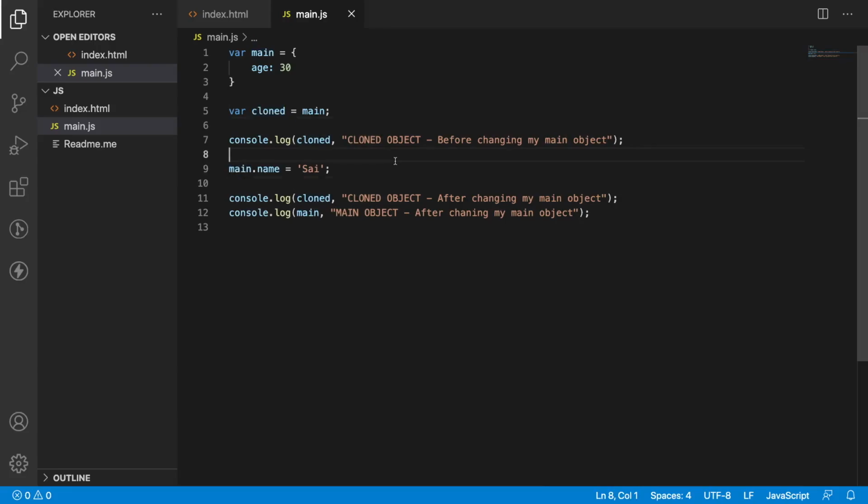Let's see the output to understand. Let me reload the application. If you see here, this is my cloned object before changing my main object, so it is equivalent to your main object. Cloned object after changing my main object: that means after changing the main object, the values of main object are also affecting my cloned object.